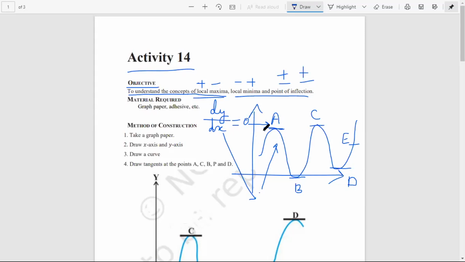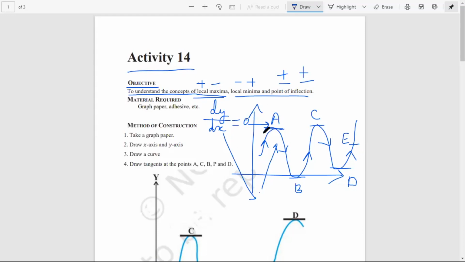In this graph, did you notice what is there? Slope is going upward, right? This curve is going upward, then this curve is coming downward, decreasing, then again increasing, then reaching a point, then again decreasing. At a point it reaches, then again increasing. So no doubt in that. You all understood.